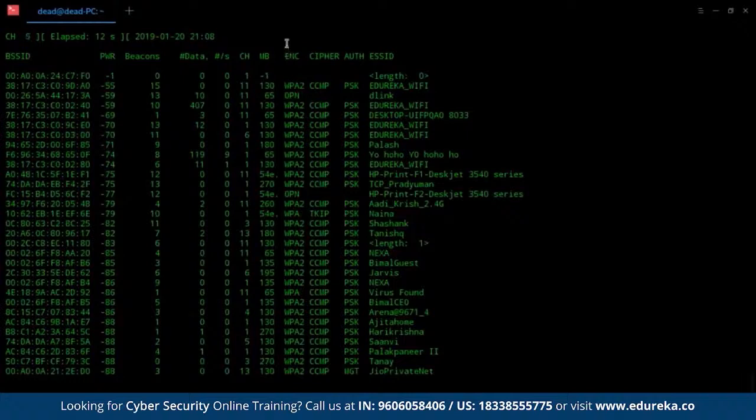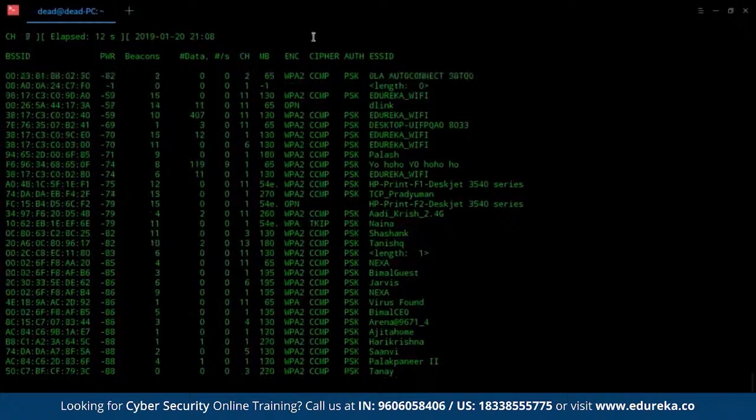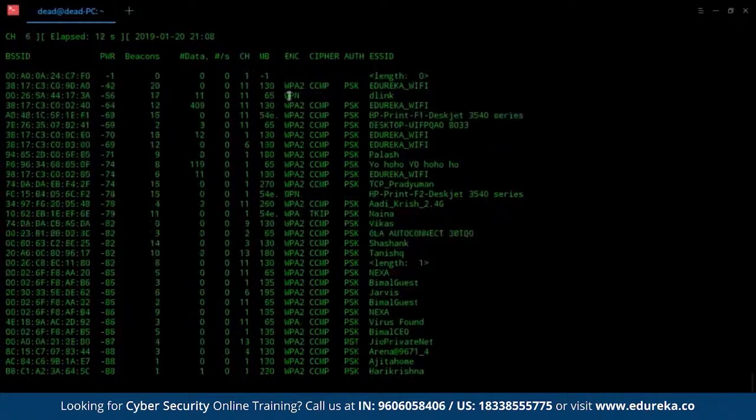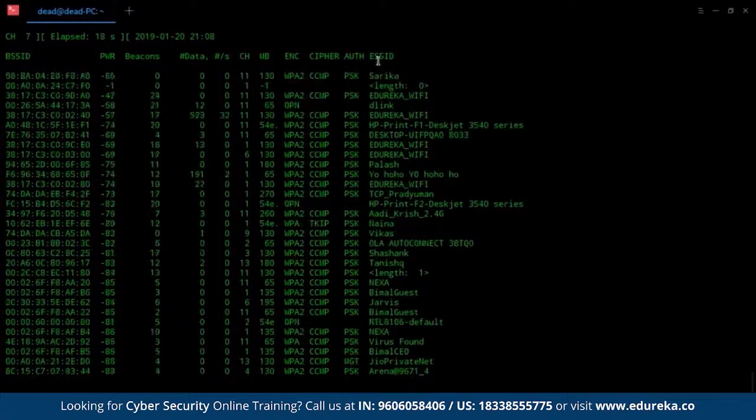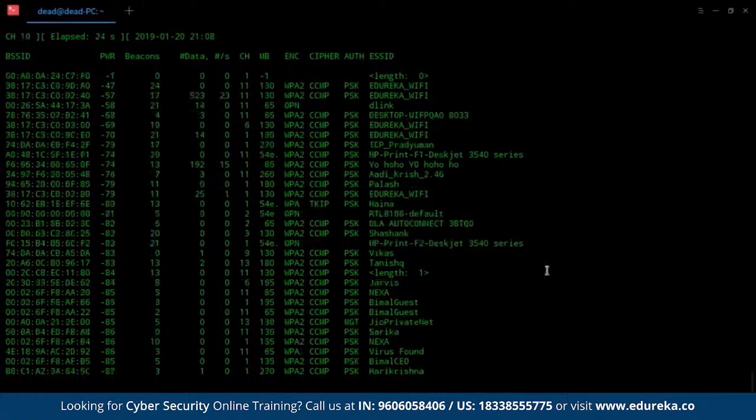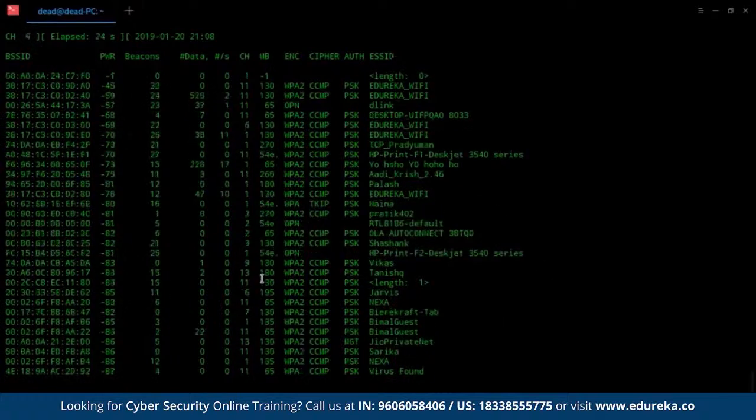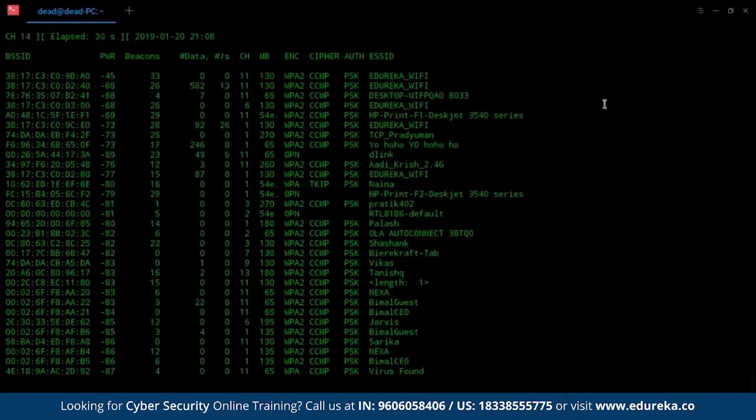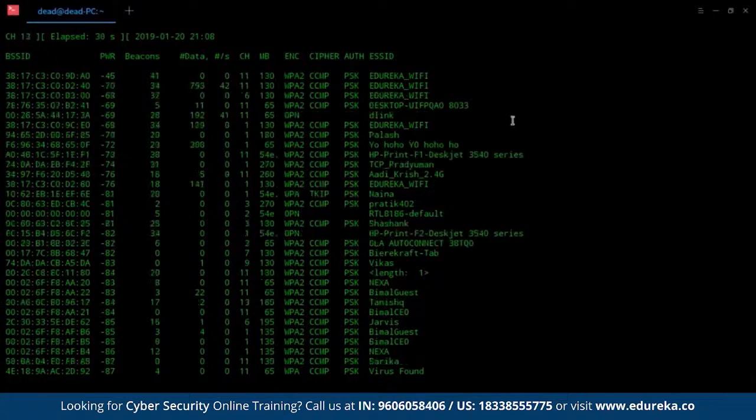After you run the airodump scan on your interface, what you see here is a result of all the access points that are found through the monitoring mode. If you see, we have a bunch of columns here. First of all, we have the BSSID column. The BSSID column is basically the MAC address of all the routers that are found. Every router obviously has a MAC address, and those are the MAC addresses that are tied to the router names, which is shown by the ESSID.